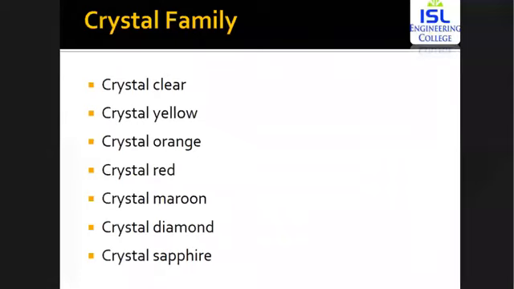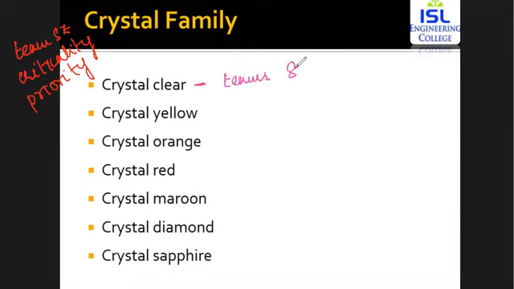Now, within the Crystal family, you're going to have different methods. The first one is Crystal Clear. As you've seen, this Crystal family is divided, and all of these representations are done based upon the team size, the criticality, that is how critical the software is that you're developing, and the priority of the software. Based on this, the differentiation is made. The first one is Crystal Clear, made for teams of 8 members or fewer. You're going to go for Crystal Clear.